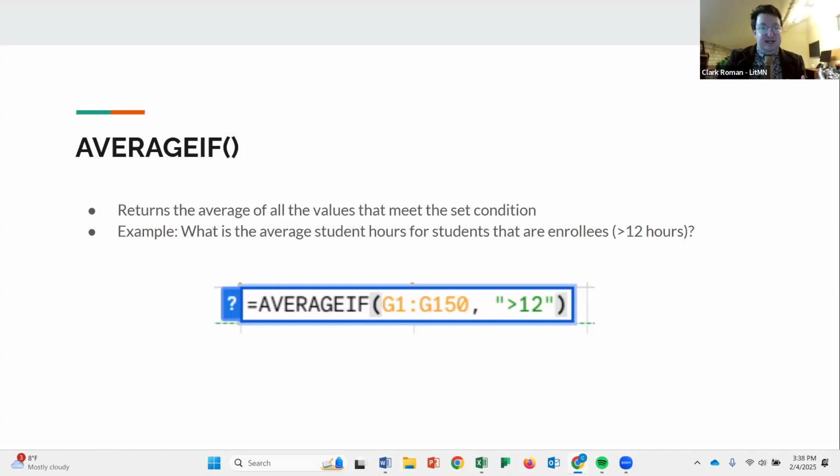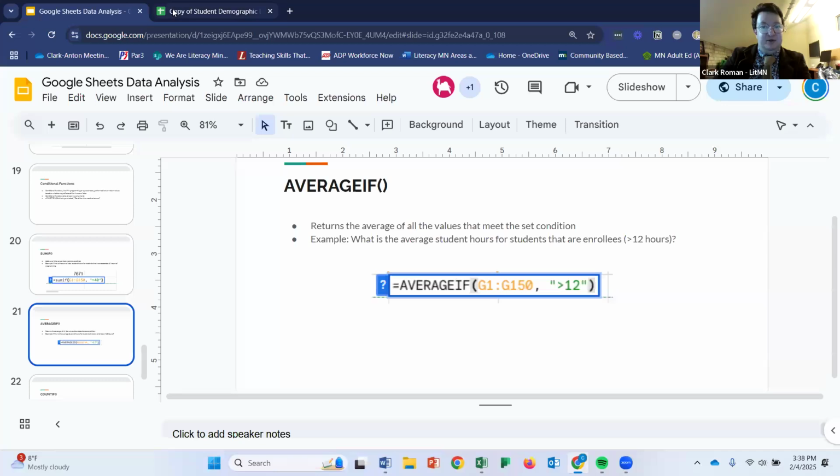So a way I could check that is I could set a cutoff. I could say, I'm only wanting to count the average of students that have come over 12 hours. And again, we have the cells that it's looking at, and we have the condition, the criteria. So going back to Google Sheets,